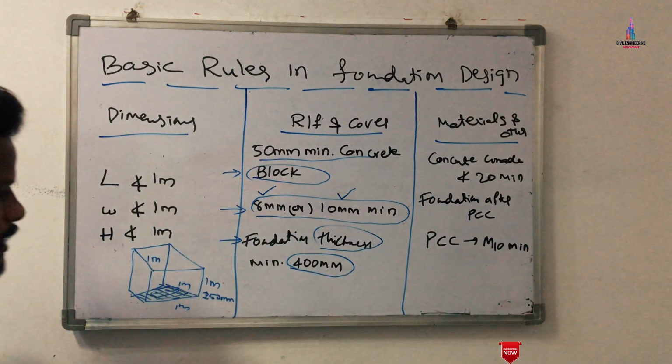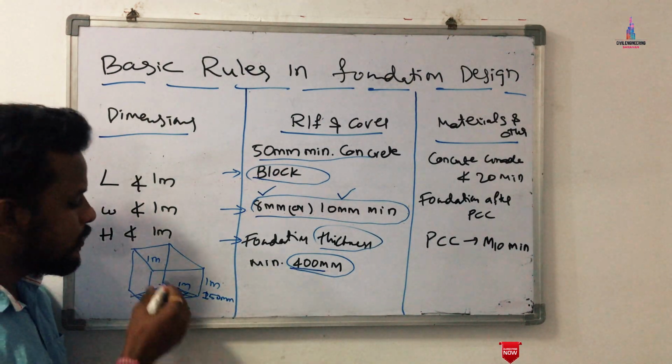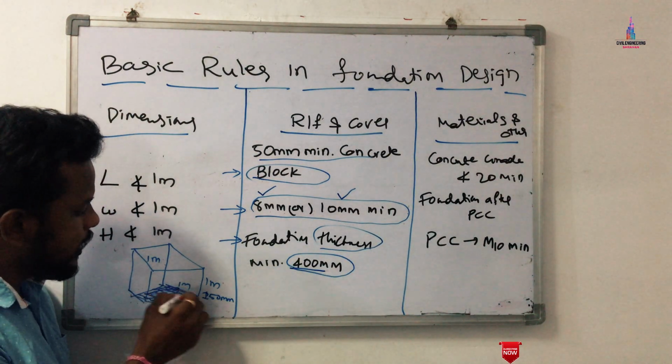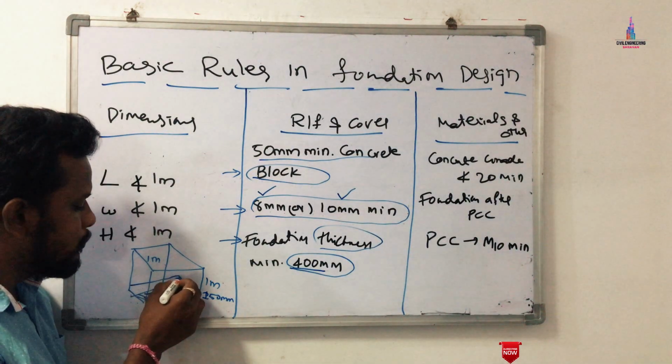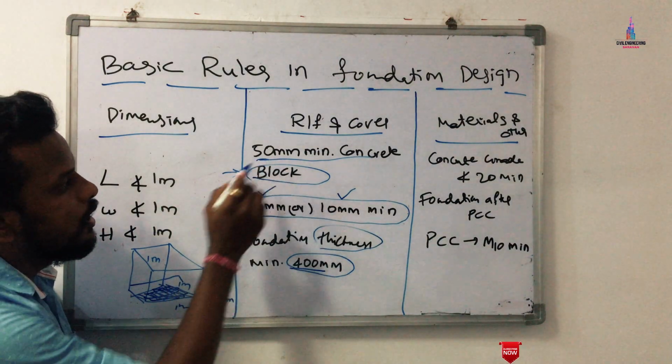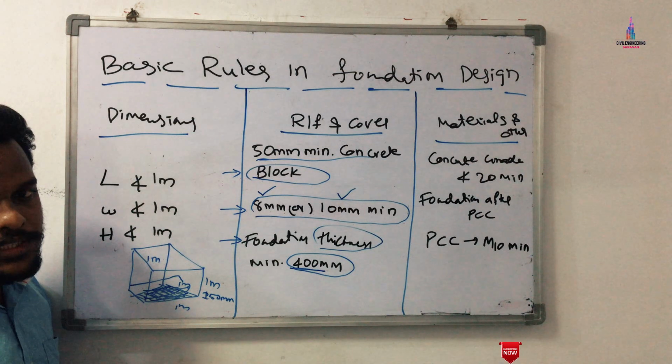Okay. So before construction of the foundation, which has a thickness of approximately 400 mm, initially we need to construct the PCC bed. So this is the PCC bed. On that PCC bed, we need to construct a block of 400 mm. So 400 mm is the section we need to construct.